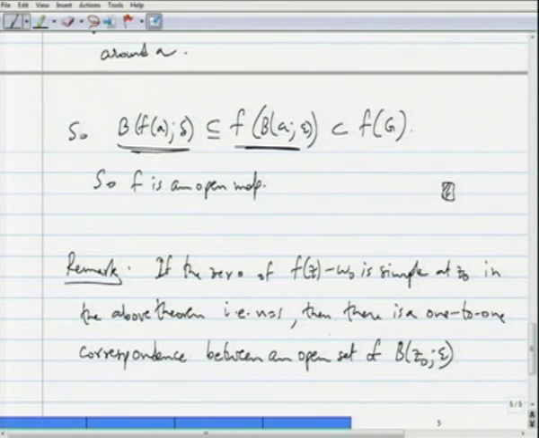So, between an open subset of this ball and